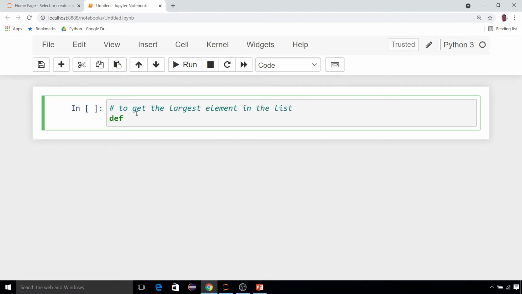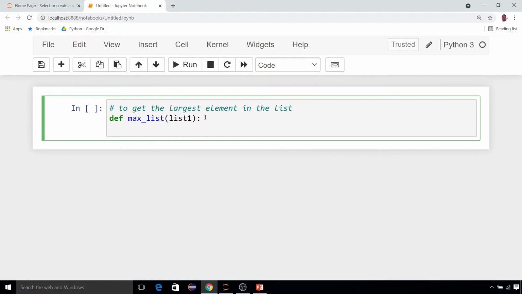Suppose I am using the concept of functions. All of you know the concept of function. Give the function name as max_list or anything; the name is your choice. Inside this I am passing some list1. This list will be passed in future; right now I am just defining it as a parameter. Inside this I am defining m, just a variable, equal to the 0th element of list. I am just saving the 0th element of this list to a variable called m.